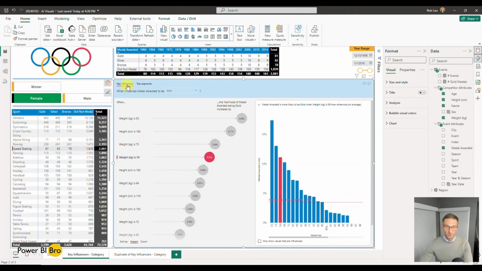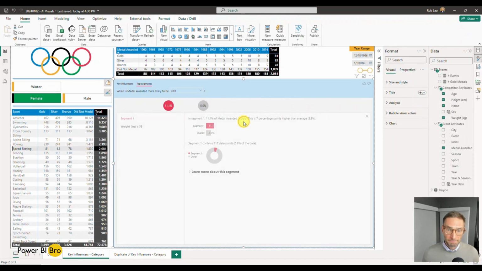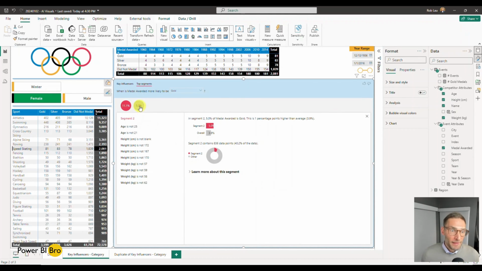So you're going to have key influencers, which we just talked about, and then you're going to have top segments. So what this is saying is the height of the bubble means that it has more impact, and the size of the bubble means it has a larger population. So it can be a little bit confusing and sometimes not as informative as we'd hope. But if you click into it, like this says, and typically segments are grouped like this one. This is a great one. So if we look at this,